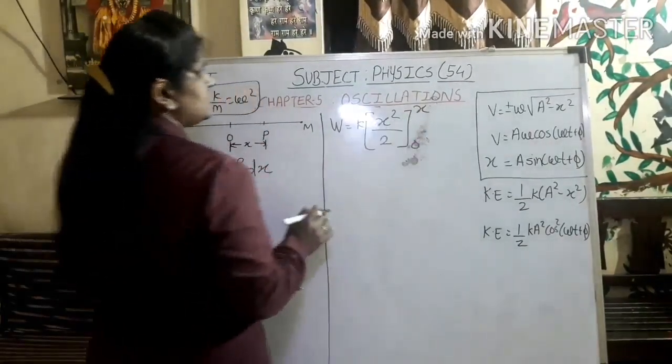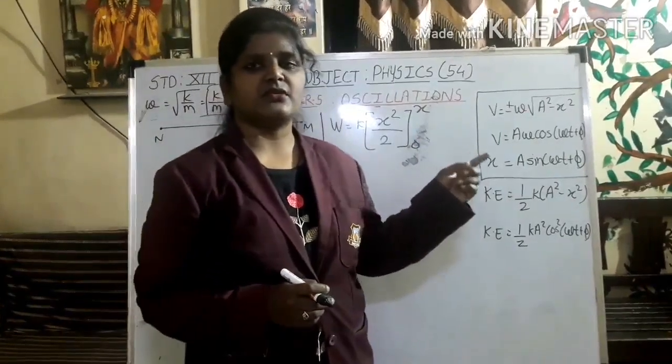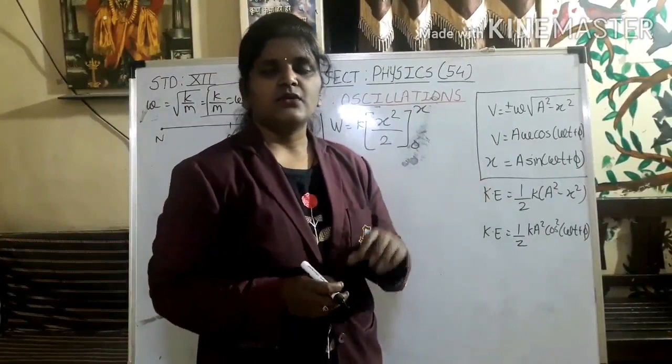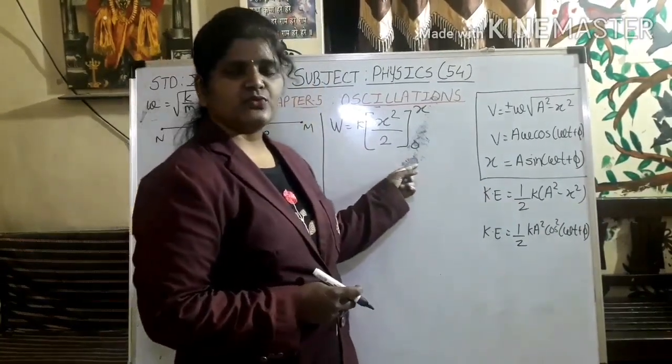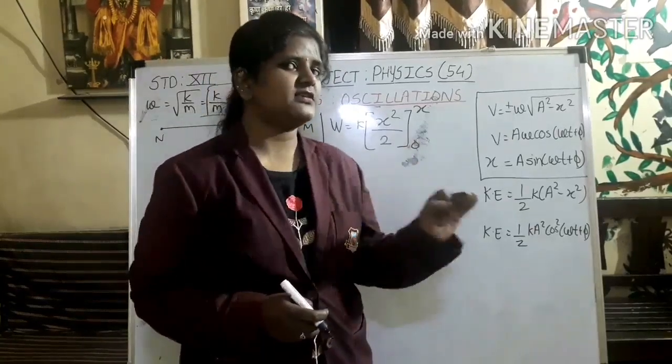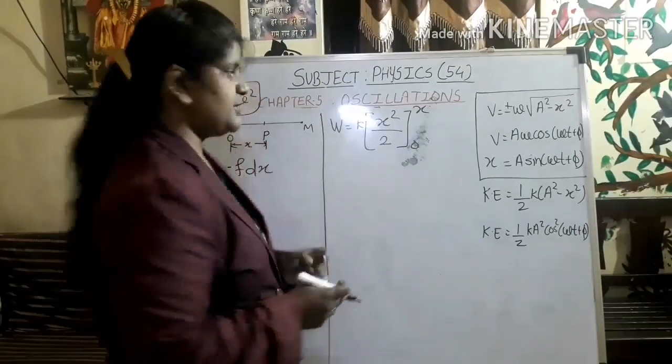Alright, we are not going to take a constant term. Why? I have not added a constant term while solving the integration. Why is it so? Because this is a definite integral. I know the values of the lower and upper limits. So that's why I haven't taken the constant term while solving the integration.